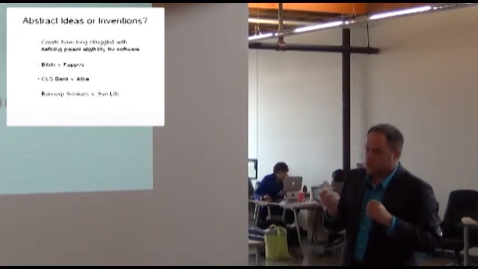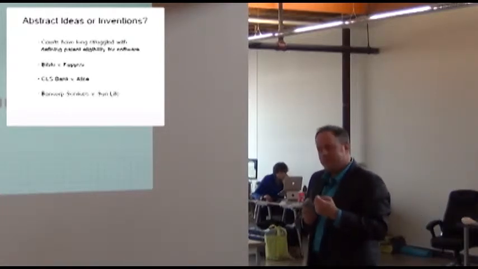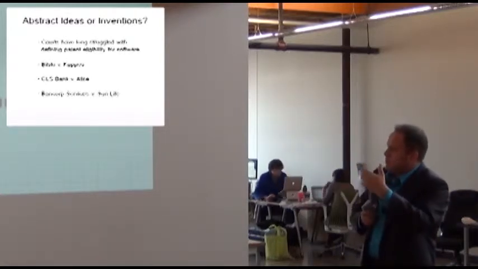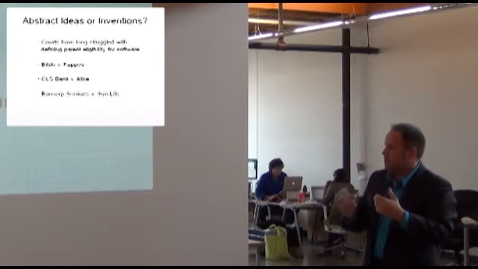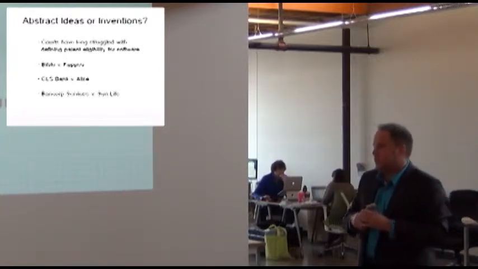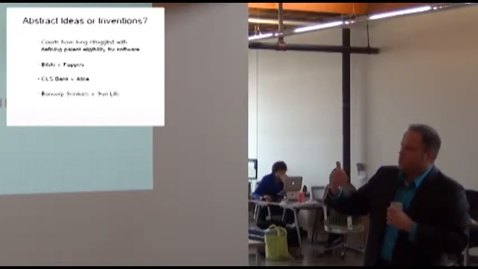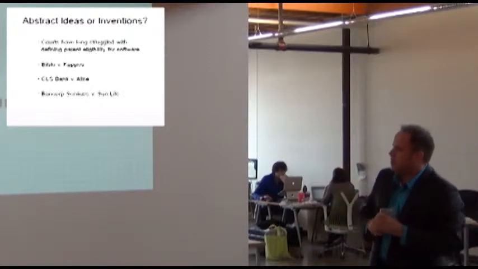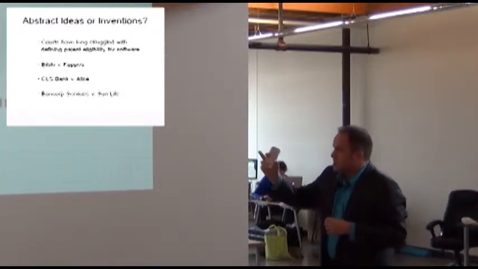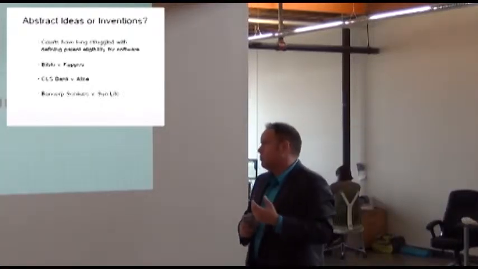If there's truly a split or a philosophical difference, they will then sit together, what's called en banc, as 12 active judges and try to get through this philosophical difference and lay down what the law is. And what we'll see here is that CLS Bank came out one way, Bancorp came out